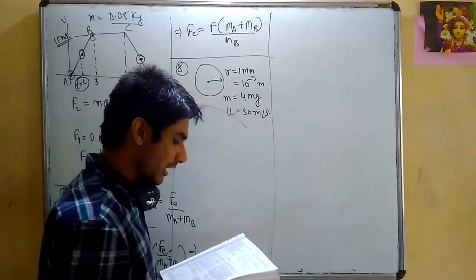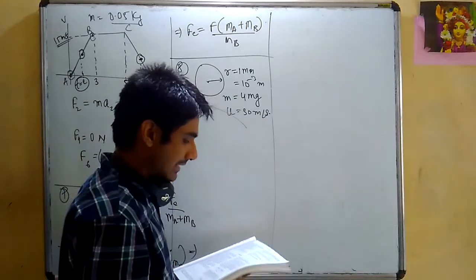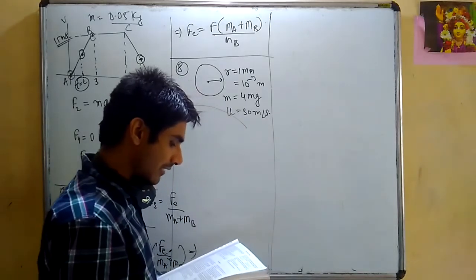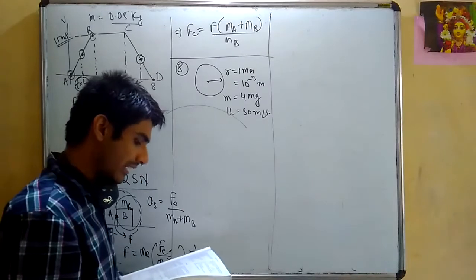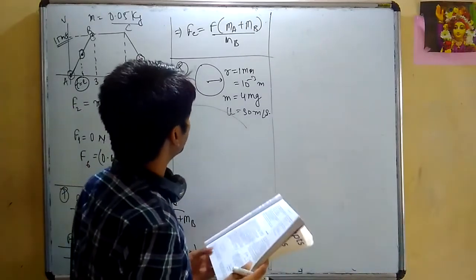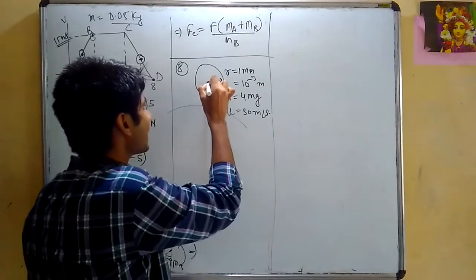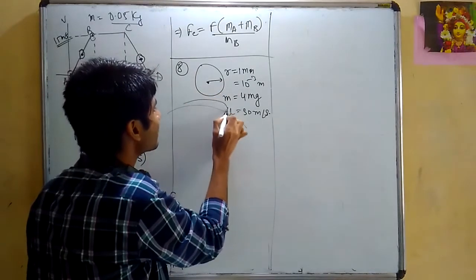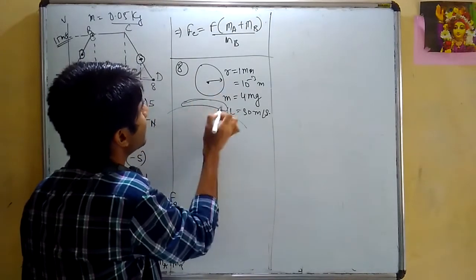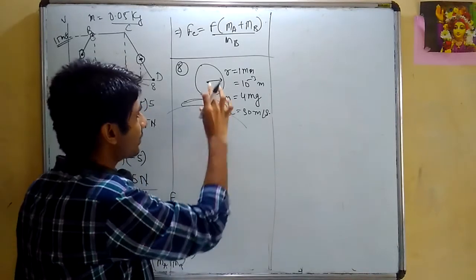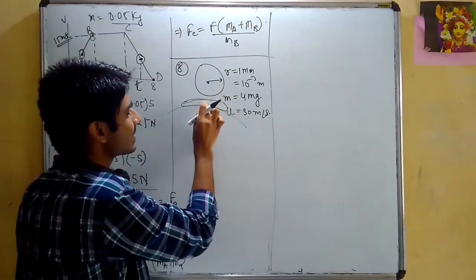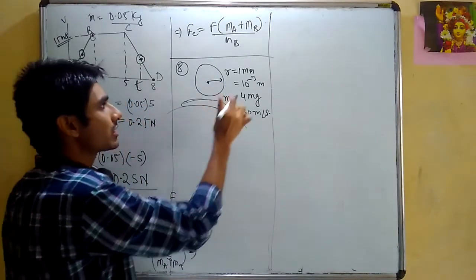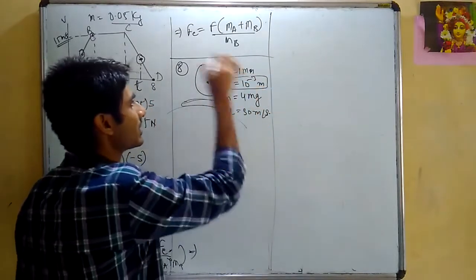The drops splash on the head and come to rest, assuming equivalently that the drops cover a distance equal to the radii on their head. After dropping, what will be the shape? It will be like this, right? And after falling down, it covers a distance equivalent to its radius, that is 10 to power minus 3 meter.